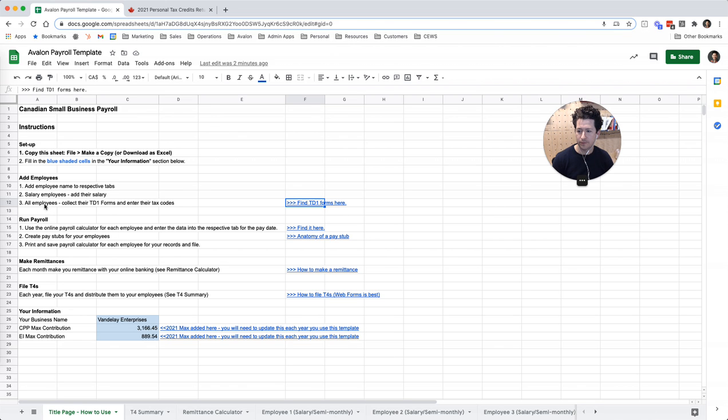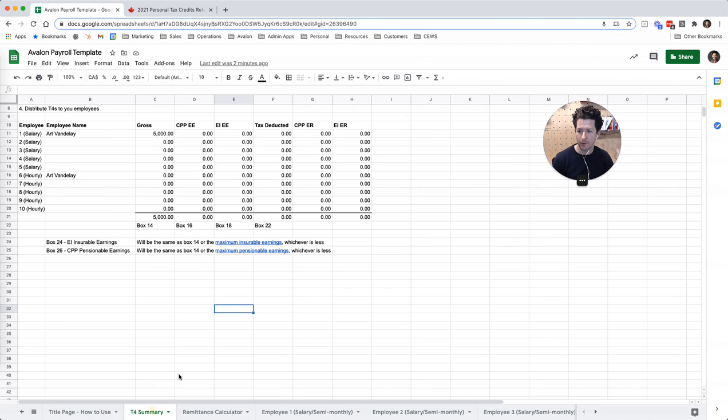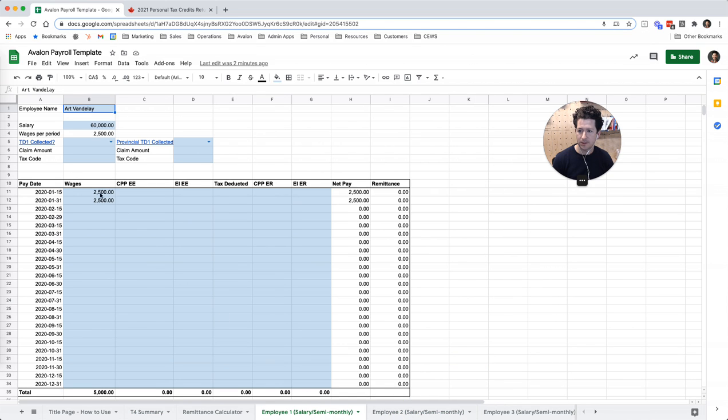So once you've collected their information, you're going to want to go over to that employee. Let's see, employee number one. And yes, now I have a TD1 collected, and I have my provincial TD1 collected. So here I'm going to enter the claim amount. So let's say it was $14,500, and it might be a little bit different for provincial. And then there's going to be a respective tax code,